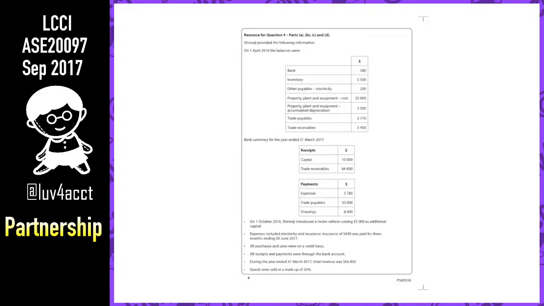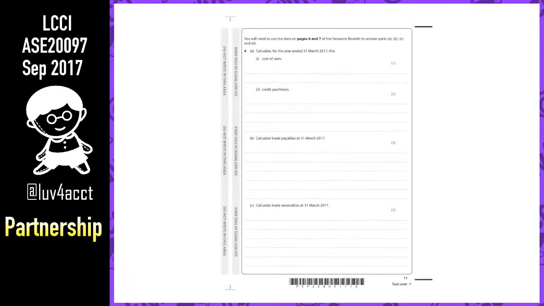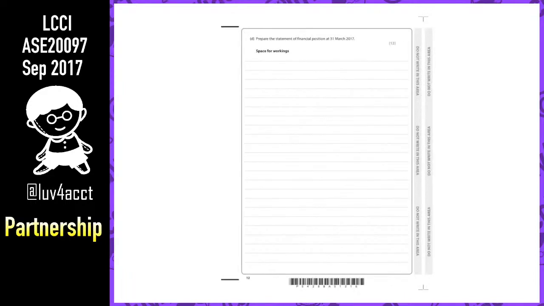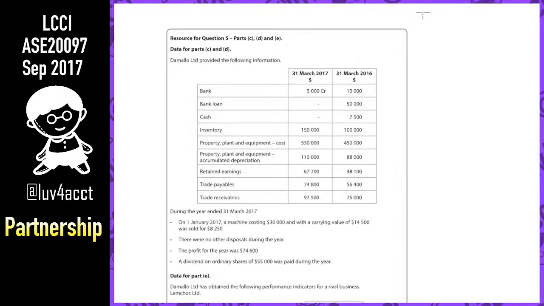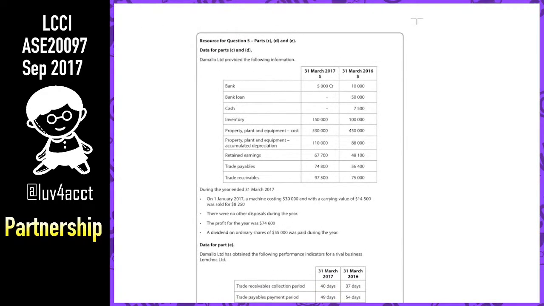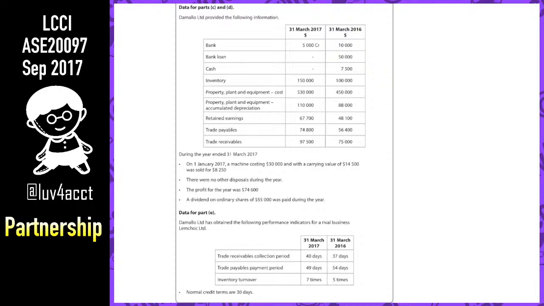Before we have our break, let us scan through the remaining questions. We have receipts, payments, some balances. If we have to work on the statement of profit or loss and statement of financial position, then let's classify it as a sole trader. Some items to be calculated, and then sole trader or single entry, still the same thing. And for question 5, of course, the statement of cash flows. 2 columns, balances, opening and closing, and then some evaluation questions.